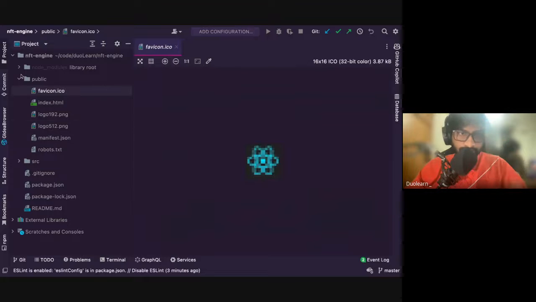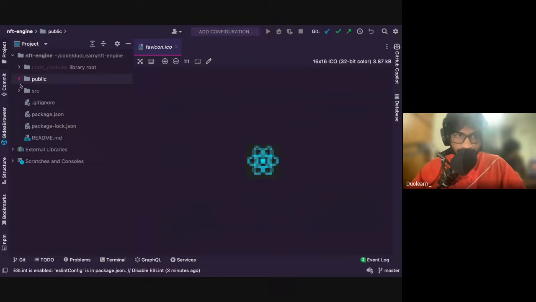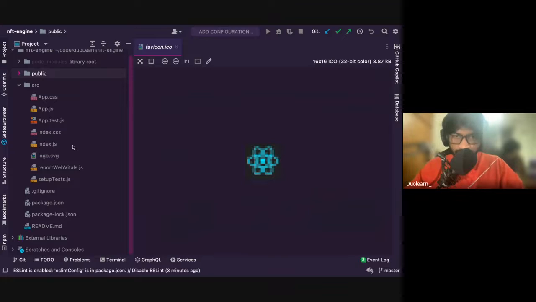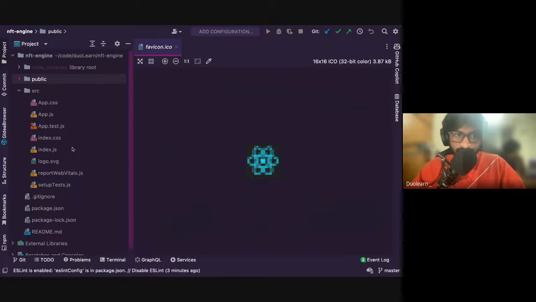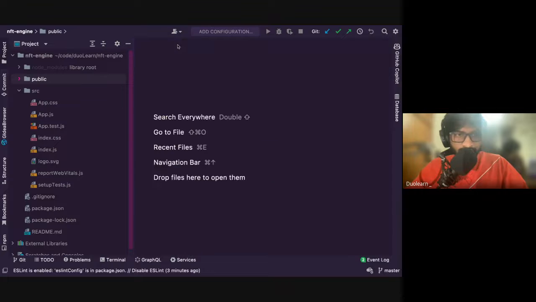Okay. Then we have SRC. So this will be the main folder that we will be interacting with or creating files in. And this is where most of our code will lie. Okay. So